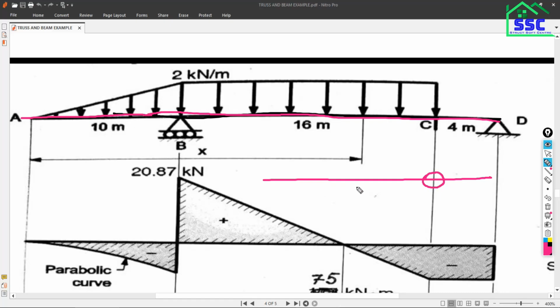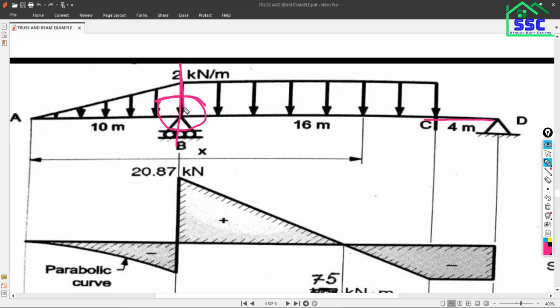Have you all seen in the previous example? Is it correct? Okay. So that's actually the problem. Loading you can assign, but at the time of assigning the support, you will not be able to select this joint. That's why we need to have one grid here. Is that clear?